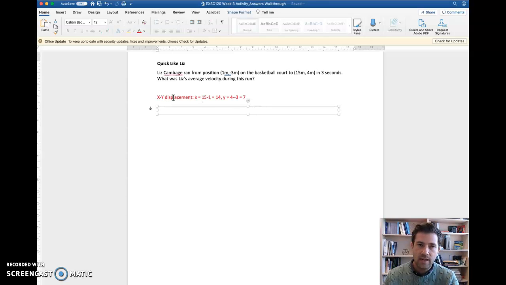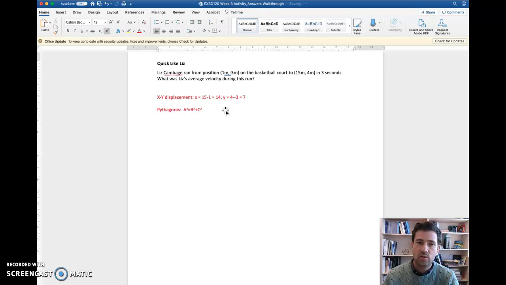But if we've got our XY displacement, it's the difference on the x-axis between 15 and 1, which is 14, and on the y-axis the difference between the 4 and the -3, so there's a difference there of 7. So you can almost visualize your right angle triangle, one side being 14, one side being 7. And so what's the hypotenuse of that right angle triangle? We can just use Pythagoras theorem to figure that one out. And we've got